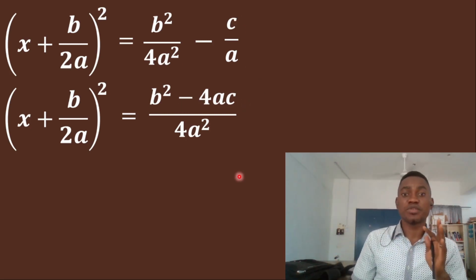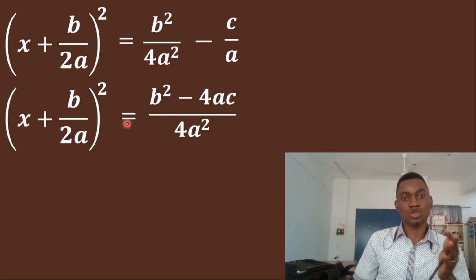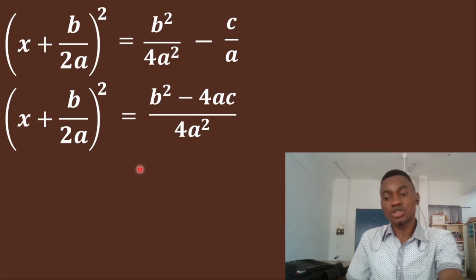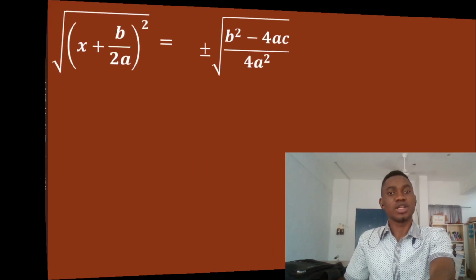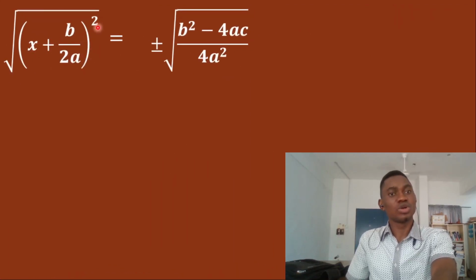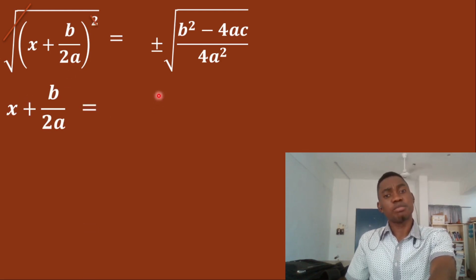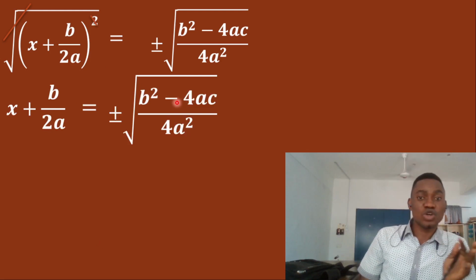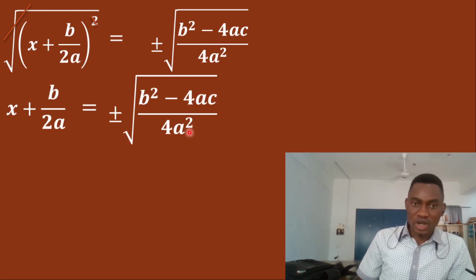So what do we do next? You know we are solving for x. We are trying to get a value for x, or better still, we are trying to make x the subject of the formula, okay? So we just need to take the square root of both sides. Alright? So let's see what we have in the next page. Okay. So we want to make x stand alone. So we need to get rid of the square and the square root. You know, our square always cancels the square root. So that we have x plus b over 2a equal to plus or minus the root of